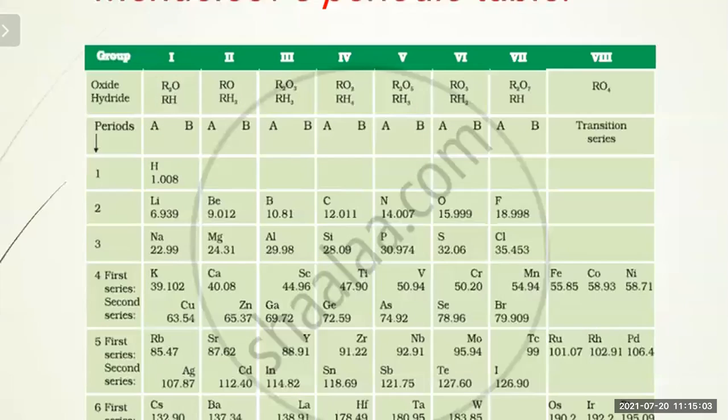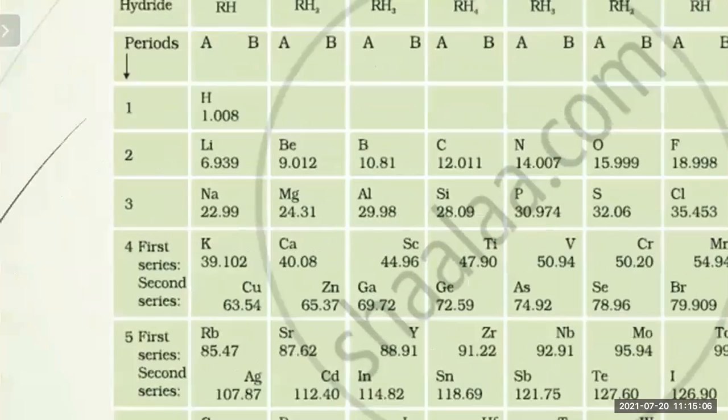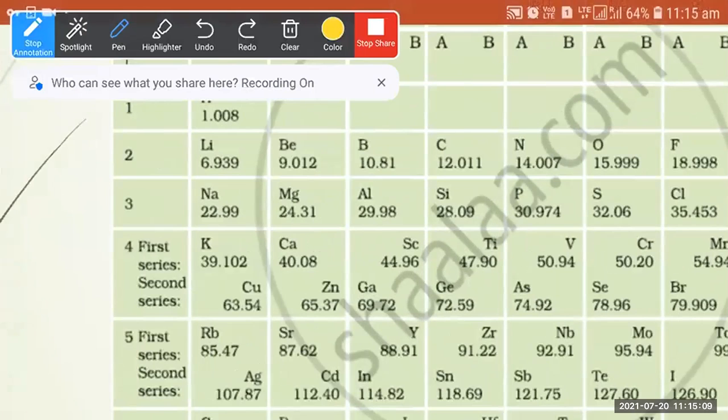You can see here the atomic mass of beryllium was revised. Here you can see the beryllium. Its atomic mass is 9.012. Initially its atomic mass was 14.09, but it was revised and the atomic mass of beryllium became 9.012. Therefore, beryllium could be placed before boron. So here you can see this is boron. So beryllium is placed before the boron.